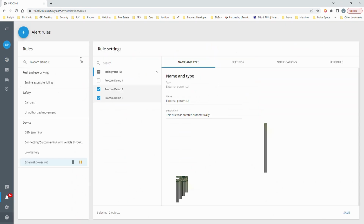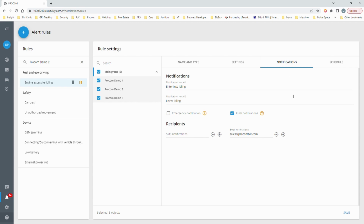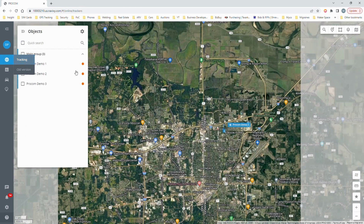We can open up the alert rules. We can see there's all kinds of rules that we can set up. In this case, one of those is idling. If it idles for more than 5 minutes, because idling uses about a gallon of fuel an hour, we don't care where it happens. It's going to send an email to this sales@PROCOM email address. We can also have it send a text message, but since this is just a demo system, I'm not going to do that. When do we care about it? Anytime. Some things you may not care anytime, but there are other rules that can be set up for